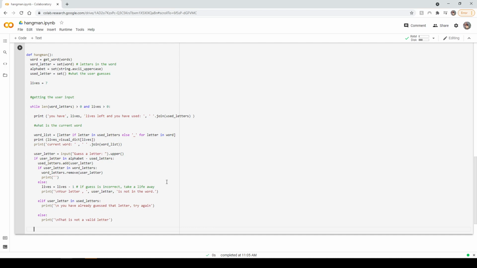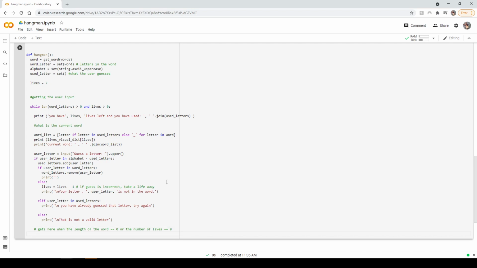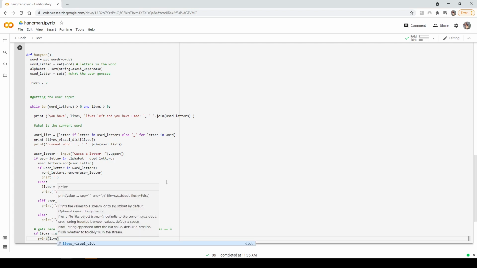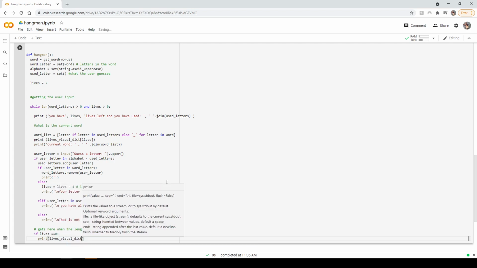We'll try it there, and if we need to indent, we'll indent. This is where we get the length of the word. So we actually don't enter here until the length of the word is equal to 0, or the number of lives is equal to 0. So we say if lives is equal to 0, then print lives visual dict, and just press tab there,